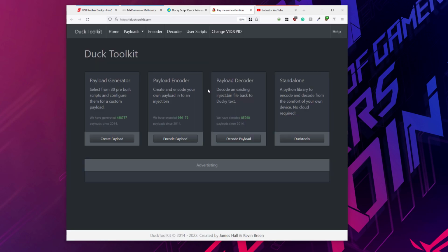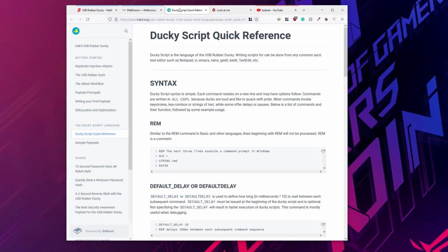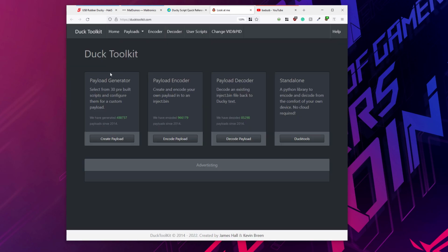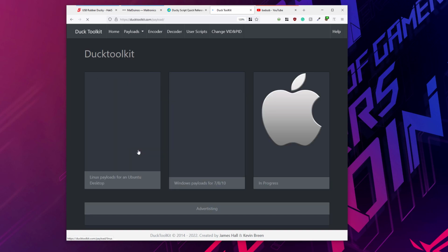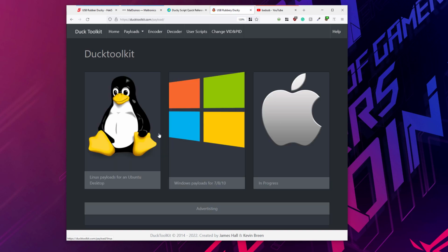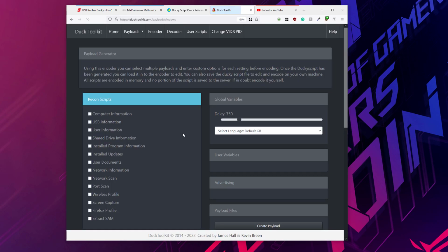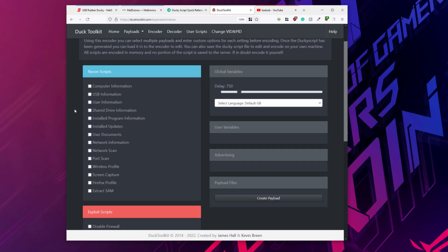And this is a website that generates payloads for your Ducky script, or generates Ducky script commands like this, and to use it immediately, so you don't have to write one by yourself. You can just say create payload, and then you can select the operating system. You can go to Windows and then select what kind of information you want to extract from the Windows operating